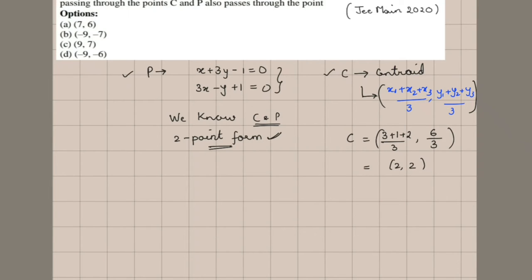I have said a short trick for finding the point of intersection of two lines in lecture 8, where I have discussed the condition for concurrent lines. This is nothing but x by, see we need to write x, y and 1, and we need to start from the coefficient of y, and we need to write all the coefficients in order. So I am writing 3, after 3 it is -1, and after that the coefficient of x is 1. Again I need to write the coefficient of b. Similarly for the second equation, -1, 1, and then 3, and then again -1.